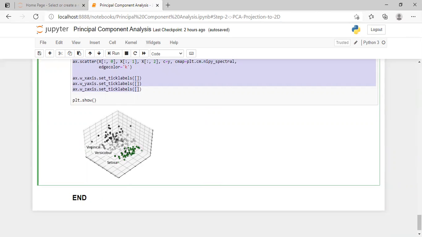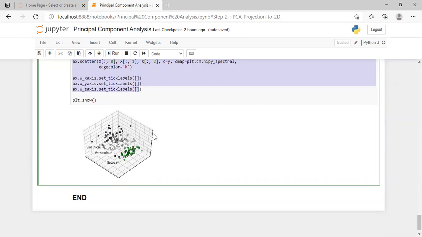As we can see, the setosa over here is represented in dark green. So what does this mean? It means that we have three principal components. This is our first principal component; this is the x-axis, this is the y-axis, and this is the z-axis. So we have all of our features represented in this three-dimensional space. We can see setosa over here, and then versicolor, some of which has lighter colors. I have used different colors just for plotting the data. And virginica, as you can see, is in different dimensions.